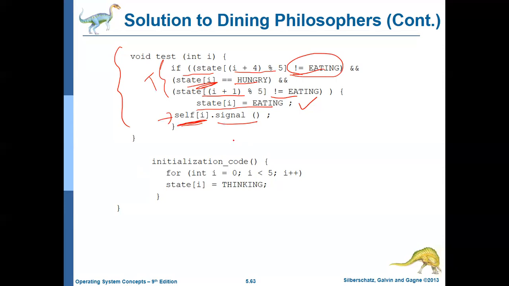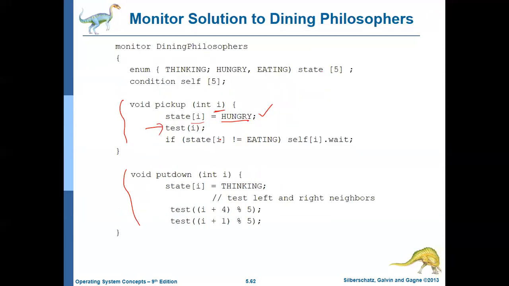That means what? If somebody else is waiting for the chopstick that he is currently going to put down soon, he's eating now, he's going to put it down, right? So when he's going to put down, he has to signal so that somebody else sitting next to him, either on the left or on the right, can come and get this chopstick. So self is such a condition variable which can be signaled. Okay. Now this signaling, what does it help? There are 5 variables available, and this is one of them, the ith variable. So we'll come back after the test function.